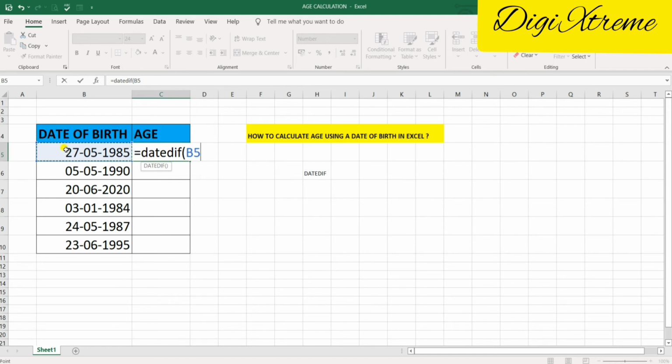Now I will put a comma, then I need to calculate from the date of birth till today, the total years. For this I need to apply the TODAY function. So after the comma you will use TODAY, so that it will calculate from today exactly.